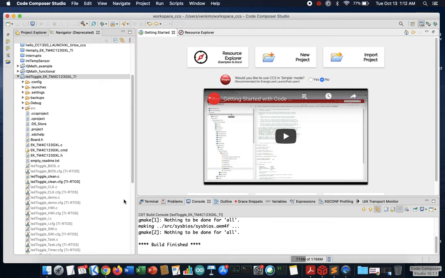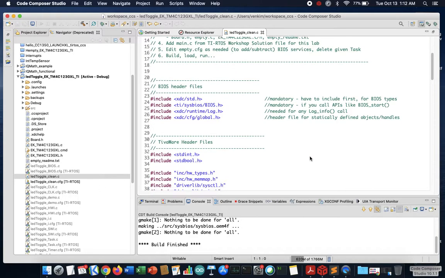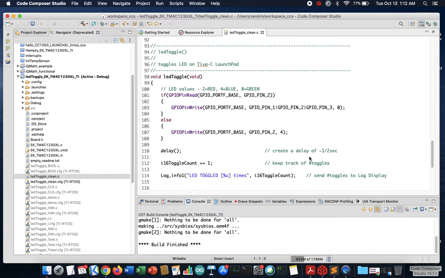This tutorial is on TI-RTOS, and in this example we're going to see how to create an idle function. So here is an example that we just saw, which is pretty much very similar to